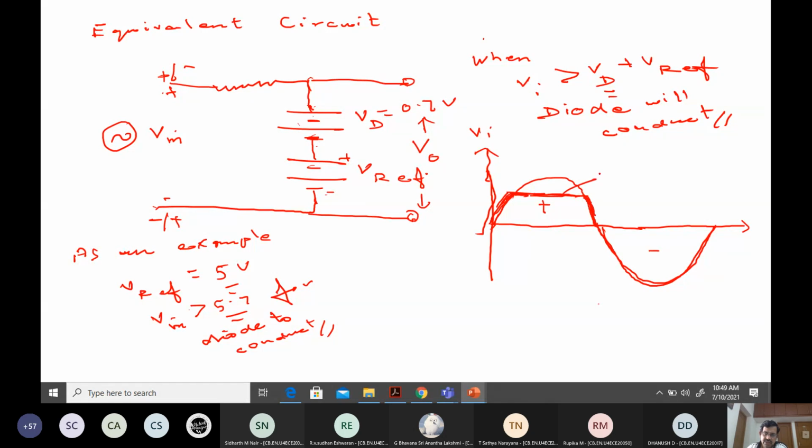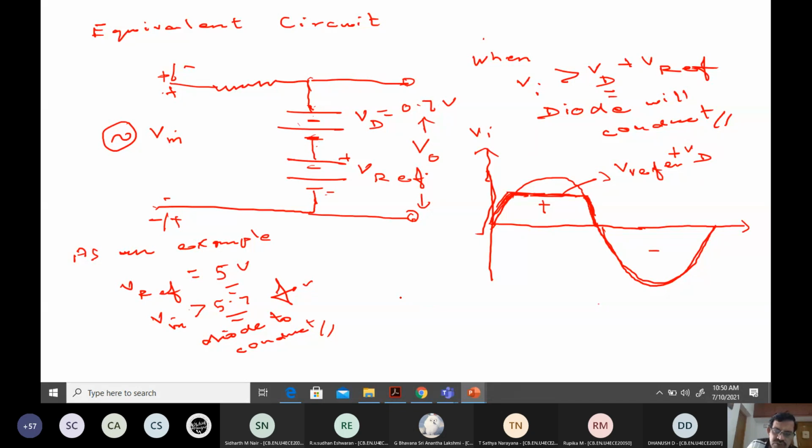So this voltage, I will be measuring V reference. But if I use the constant voltage drop model, I will be measuring V reference plus VD. So V reference I will be measuring in case of this one, for all voltages where the diode starts conducting. In the negative half cycle, you can see here it is negative. So this is my diode, the way the diode is connected. You can again consider the same example, what will happen.